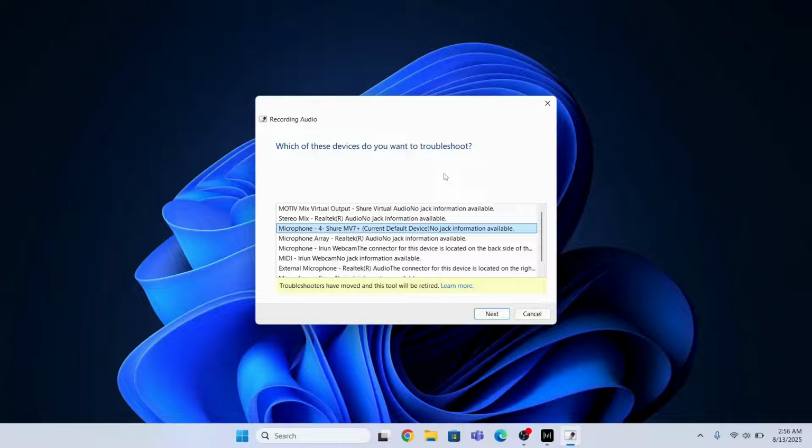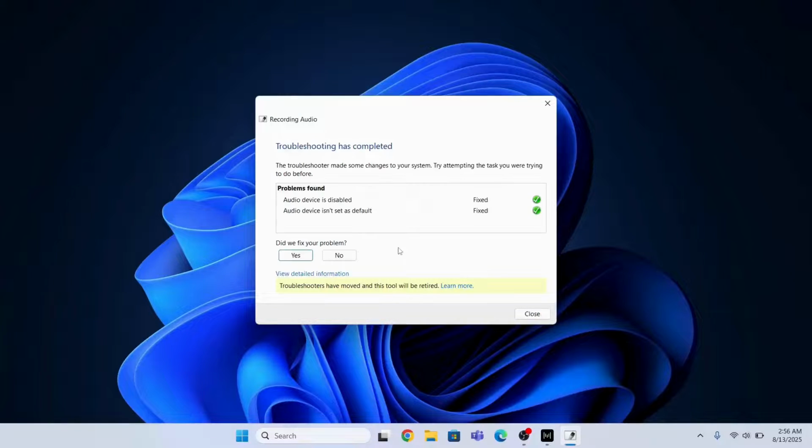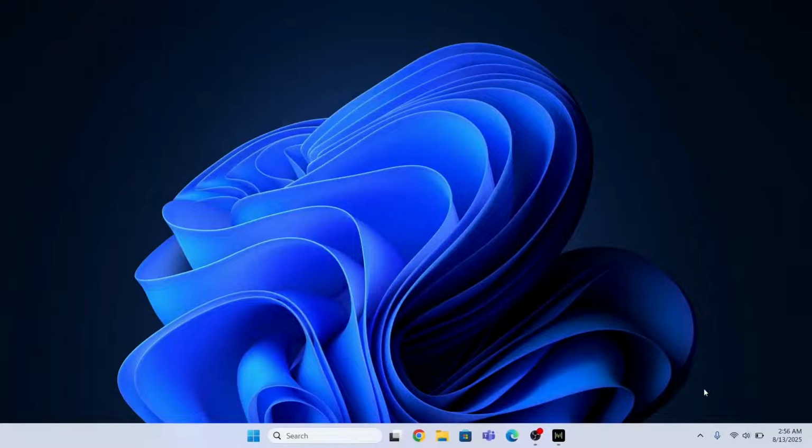So now I'm going to choose a device. I want to run the troubleshooter on my device, this one. This is the default audio device. So I will click Next, issue fixed. So if the issue is still there, now what you need to do, you need to look at